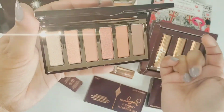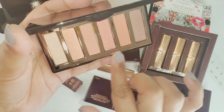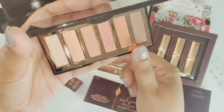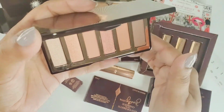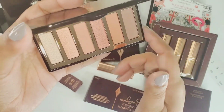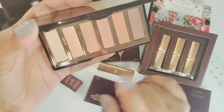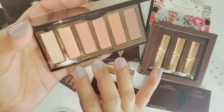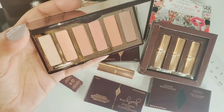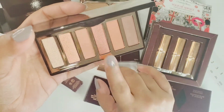I think it's reasonably arranged, this palette, because it has lighter shades and darker shades and all that for a day look and for the evening look. And I will swatch it with my Pillow Talk palette so we can see the difference between the palettes and the shades, because I believe this palette actually has similar shades to what the Pillow Talk palette has. So मुझे exactly sure नहीं है, मैंने क्योंकि बिल्कुल swatch नहीं किया, so I will swatch it in other